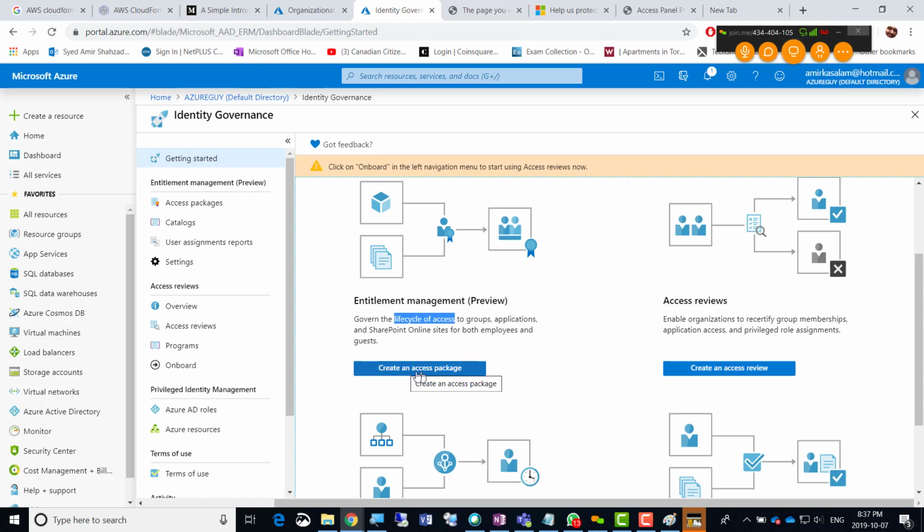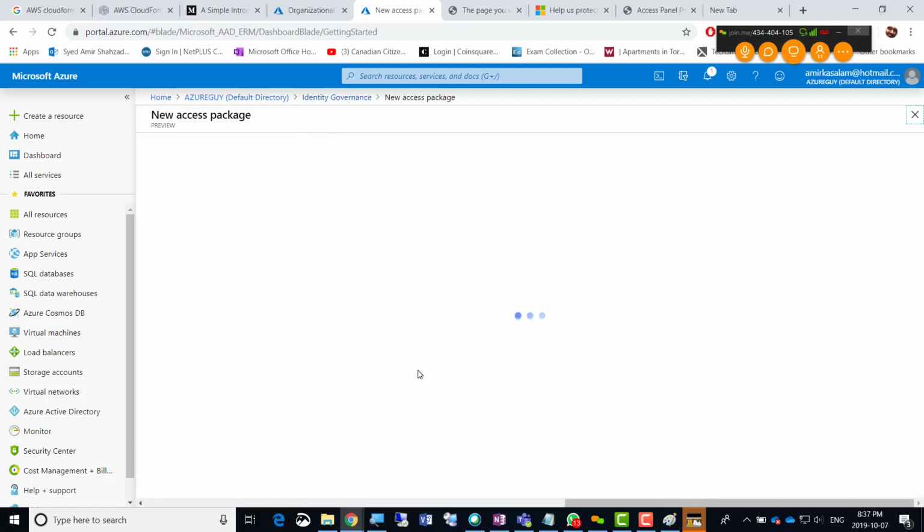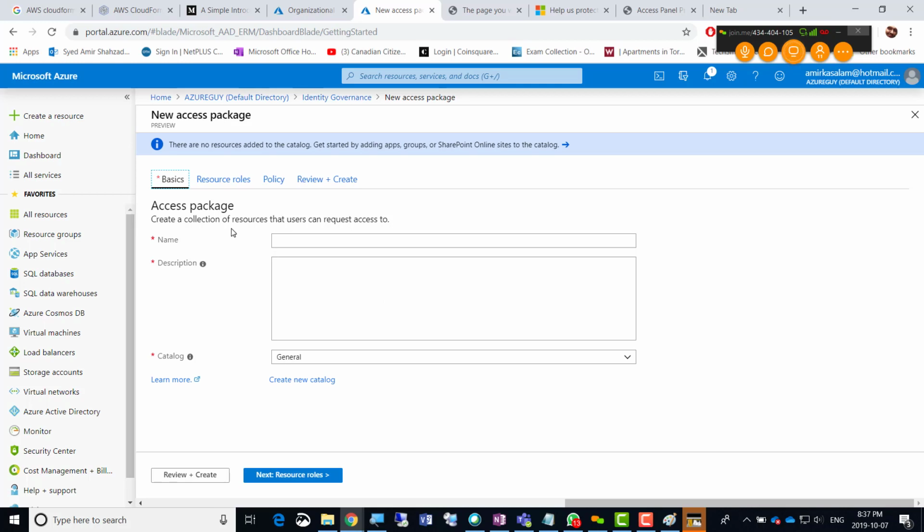But what is it offering and what is it about, right? So let's click create an access package, and then create a collection of resources that users can request access to. So if we go for test access package,